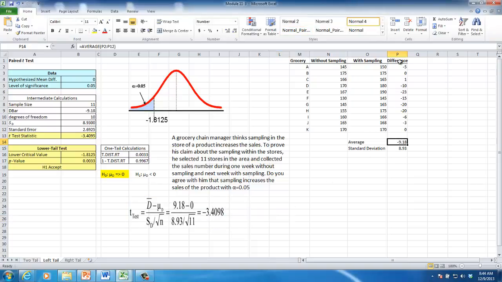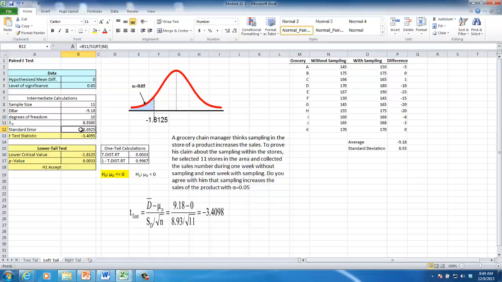Here we take the average of the differences, minus 9.18, and we need the standard deviation, 8.93. So the mean difference is 0, sample size 11, d bar minus 9.18, degree of freedom B8 minus 1, sample size minus 1, standard deviation 8.93,